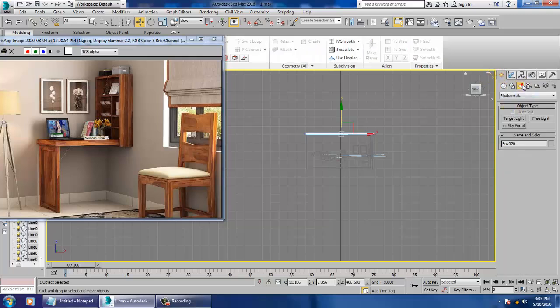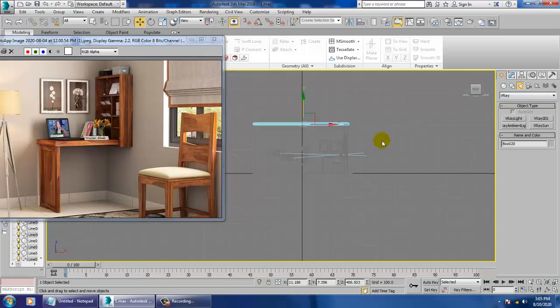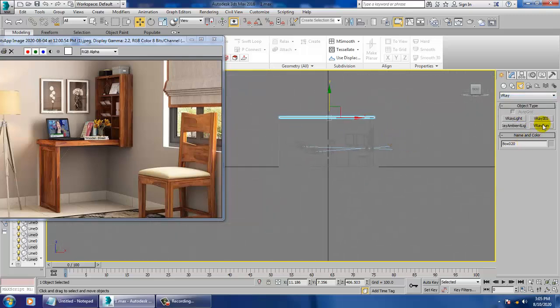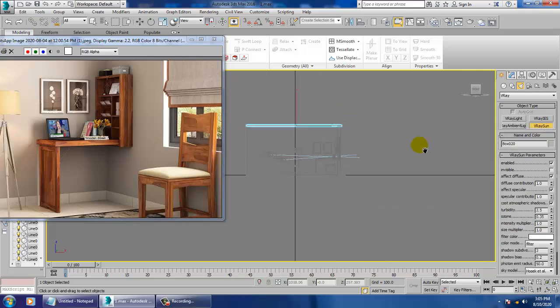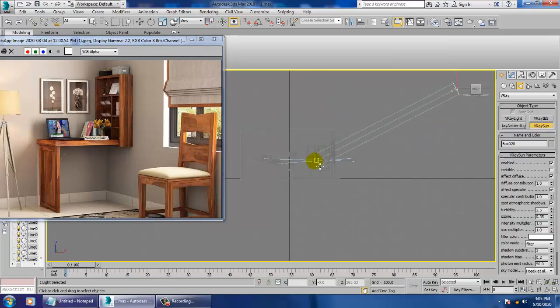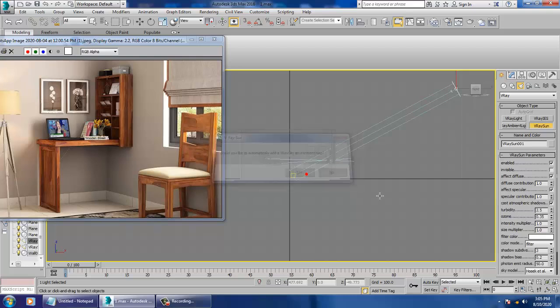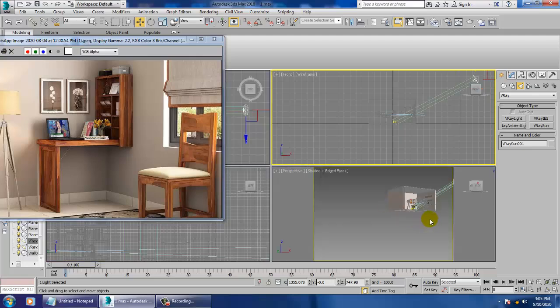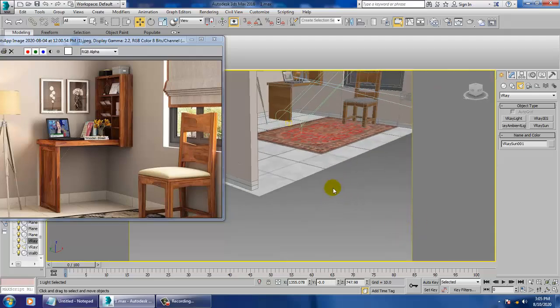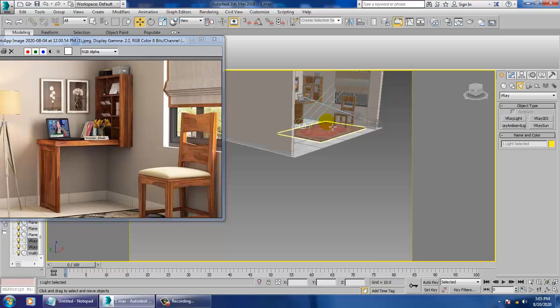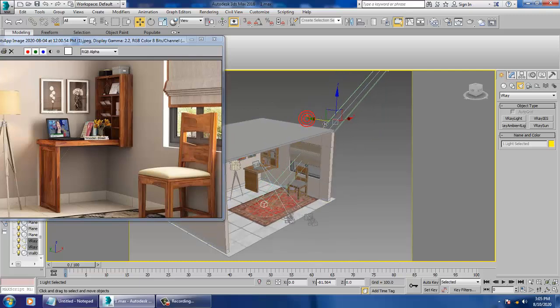Go into the lights. Let's take a V-Ray light. Into that V-Ray, we have a light called V-Ray Sun. Let's take a V-Ray Sun over here, right from here. It's asking, would you like to add automatically a V-Ray sky map? Say yes. Go into this, select this, just drag this here,